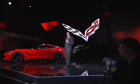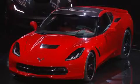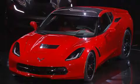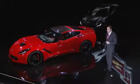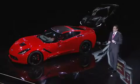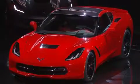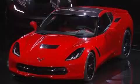Since 1953, through the good times and through the bad times for this company, there was always Corvette, demonstrating what it means to win, to be the best. And now, as we continue to bolster Chevrolet's best lineup ever, here comes the best Corvette ever. This car is all new from the ground up, and it is absolutely the best performance car that we know how to engineer and build. I will eagerly put this car up against any of the top performance cars in the world. In terms of design, technology, and performance, this car is second to none. And it is obtainable. It is so